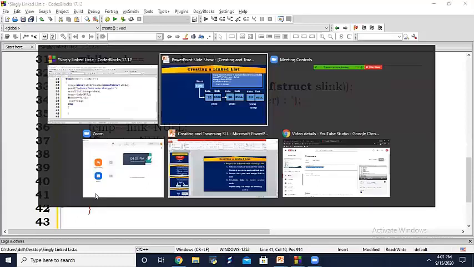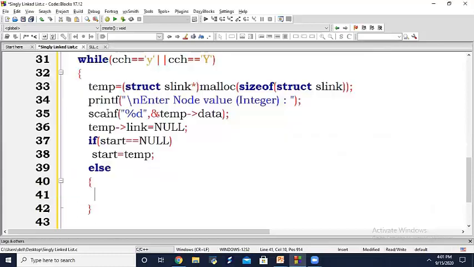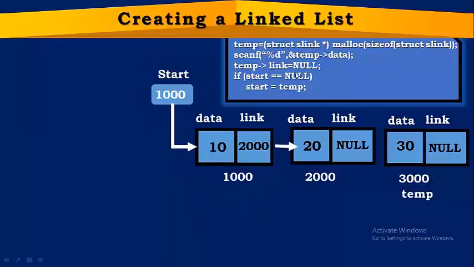Now for the second node only we can write it, but you will be confused with this, because for the second node the first node's link part is only null. How it is moving from the first node to the end of the list, you can't understand clearly for the second node creation. That's why I'm writing the code when I'm explaining it for the third node. Okay, now let us see.